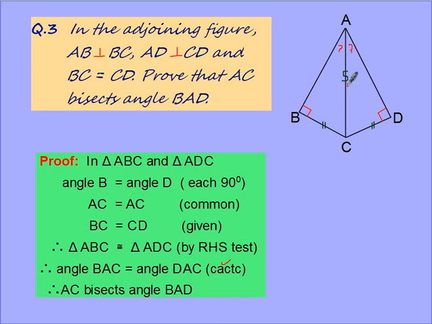Now once you get these two triangles congruent, as I told you, the corresponding angles are equal. So these are two corresponding angles, so they will also be equal. So you can simply write angle BAC is equal to angle DAC by using CPCTC. But you don't write CPCTC, you write corresponding angles of congruent triangles. Therefore AC bisects angle BAD, hence proved. Make a habit of writing hence proved. Some children write HP also, but you write it in full, hence proved.